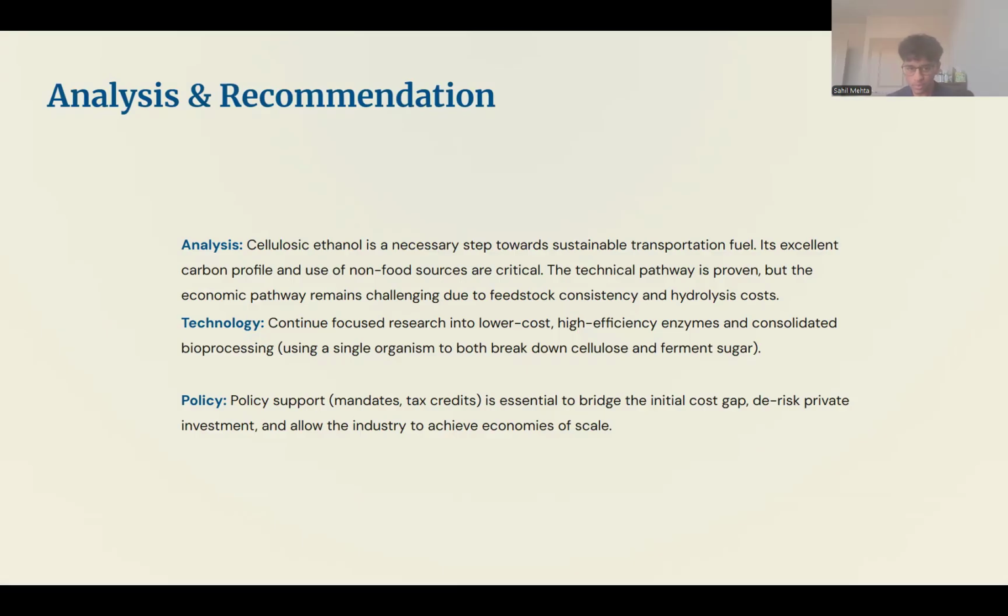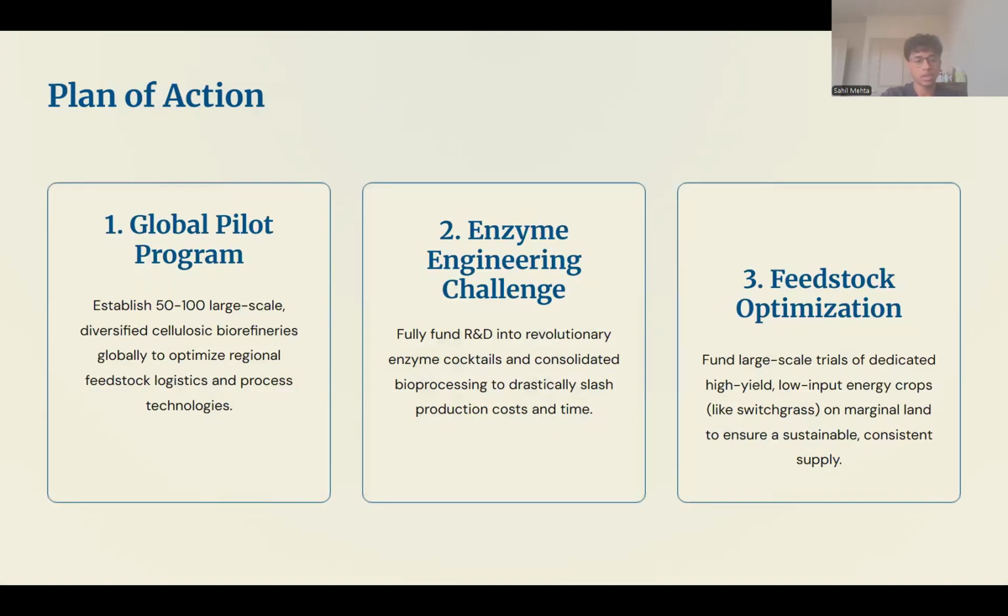I think that technology wise, we should still continue to look at new and other types of biofuels to see if there's anything cheaper or more cost efficient, and maybe that's something that runs more efficiently in general as an energy source. So the plan of action that I created was to establish